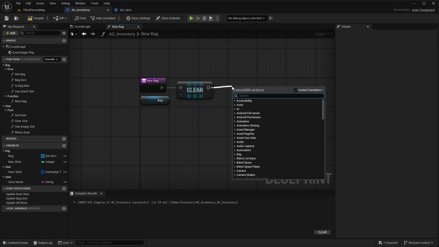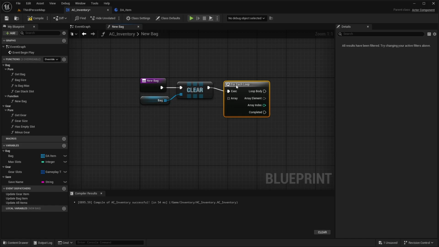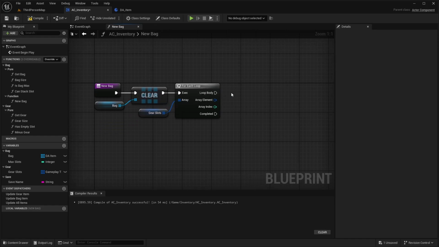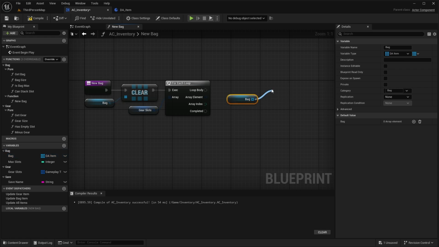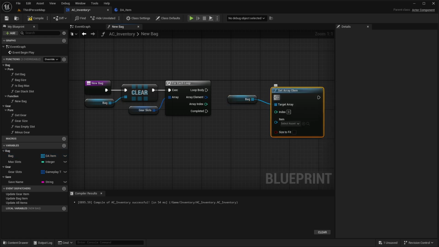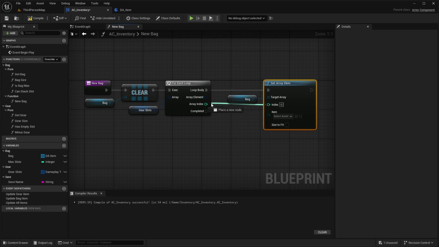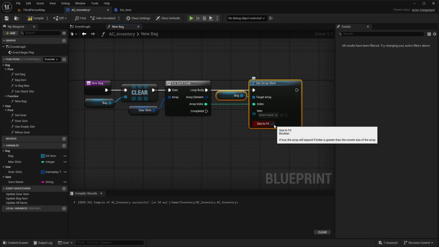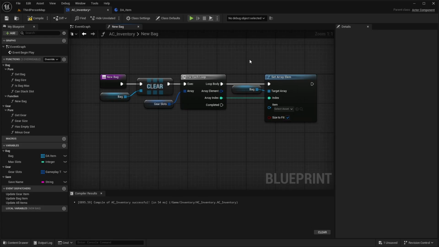Like so. We're then going to do a for each loop. We're going to grab this, plug that into here. Grab our bag. Set array element. And bam. Hit size to fit. And all that's going to do is that no matter what, at the start of the game, you will always have items appearing for your gear slots. So whether they are empty or not,